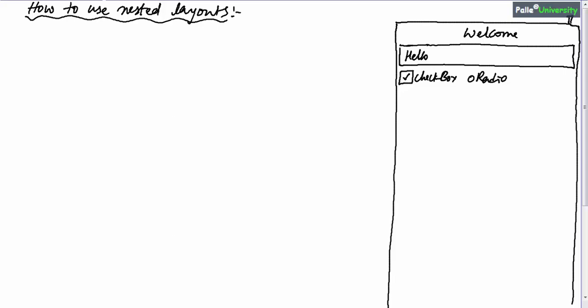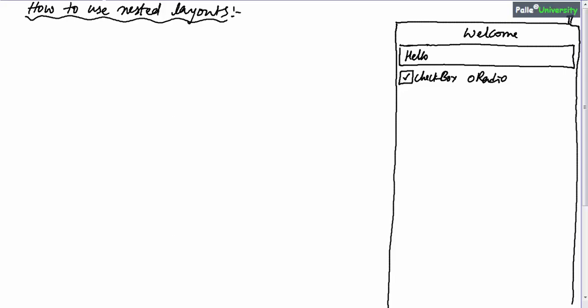there are two views, that is a checkbox and a radio button. For this screen design, tell me what should be the root element. Since we have multiple elements, definitely we should take a layout. Since we know only linear layout, the root element will obviously be linear layout. But whether it is vertical or horizontal linear layout, if you observe carefully, all these elements are aligned one below each other, facing towards the y-axis. So obviously we should take vertical linear layout.